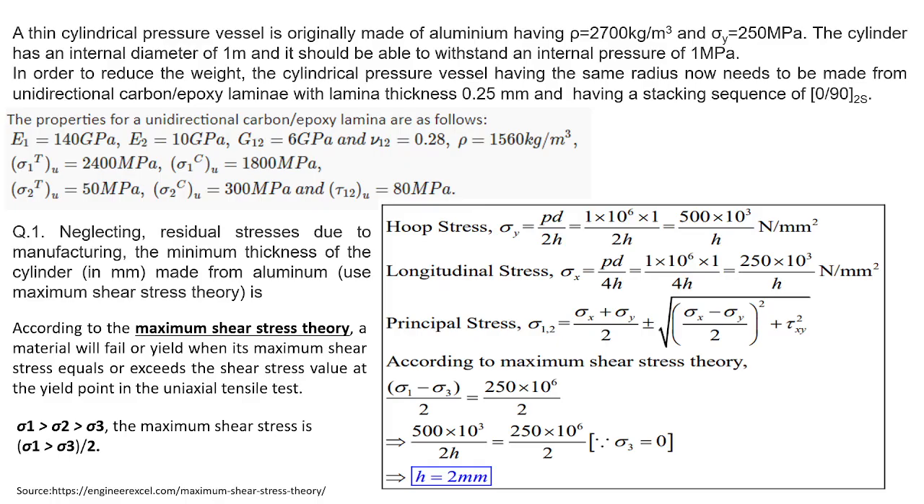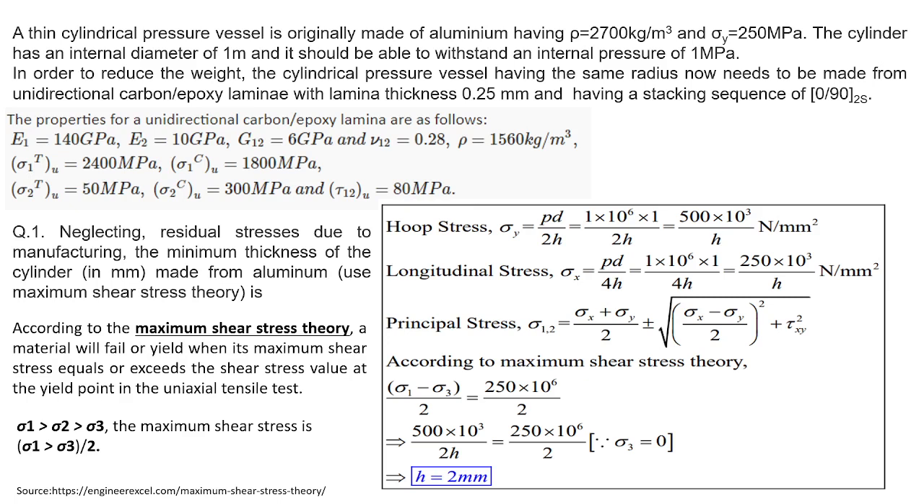Let's start. The first question is: a thin cylindrical pressure vessel is originally made of aluminium having density 2700 kg per meter cube and sigma y equal to 250 megapascal, which is the yield point stress. The cylinder has an internal diameter of 1 meter and it should be able to withstand an internal pressure of 1 megapascal. Now, in order to reduce the weight, the cylindrical pressure vessel having the same radius needs